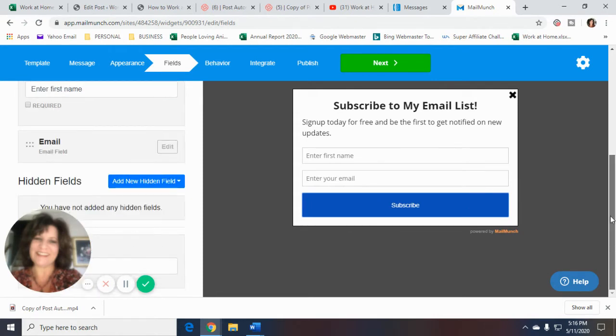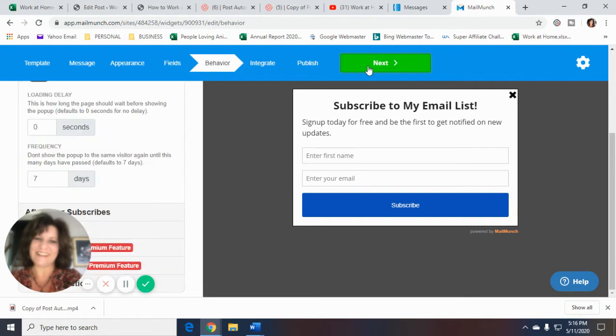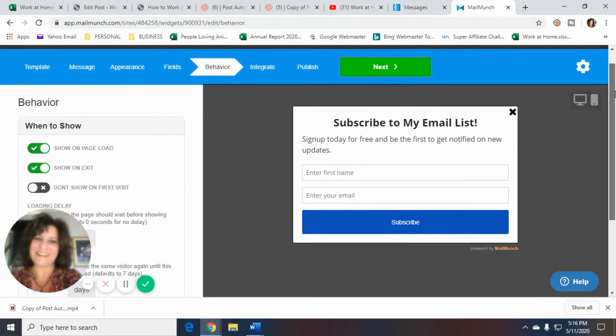Subscribe, I think, is fine for the button. And again, you can change the color of this button. You can add more fields if you want to. Like I said, there's lots of options. I'm just showing you the simple, basic way. And you click next. Under your behavior tab, this is where you can make some decisions on, like, for example,